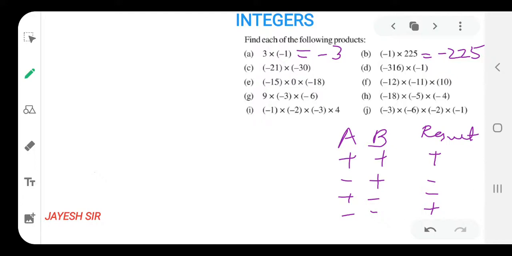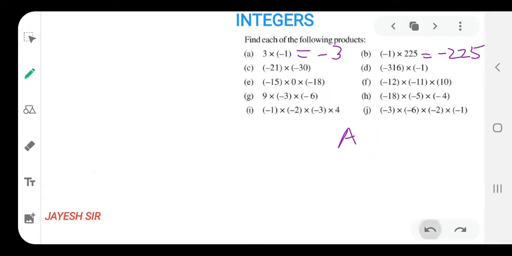I hope you all might be recalling it and you all have remembered till now this sign rule, and it plays a very important role in solving the integers chapter, and in your further classes you have to solve rational numbers also. So this sign rule is going to help you a lot, friends. Without sign rule you can't move further, because it won't leave you till 8th, ninth, or till 10th. It is going to come. So that's the most important topic, and you need to learn it by heart, and that's compulsory for all of my students.